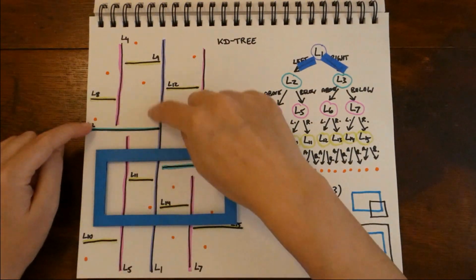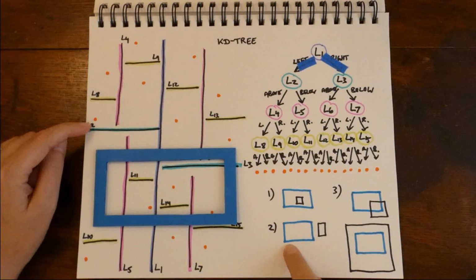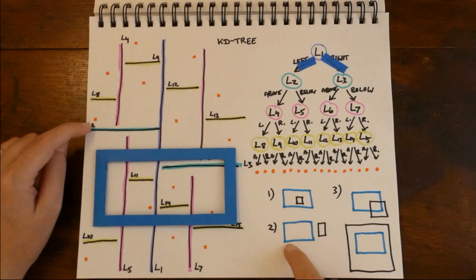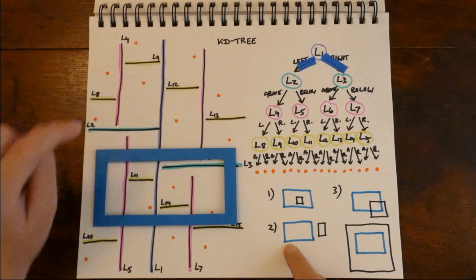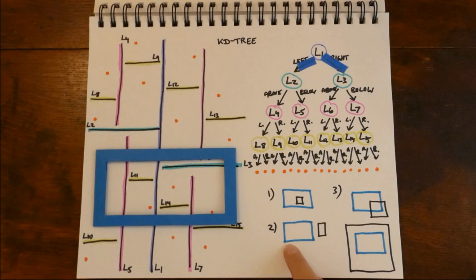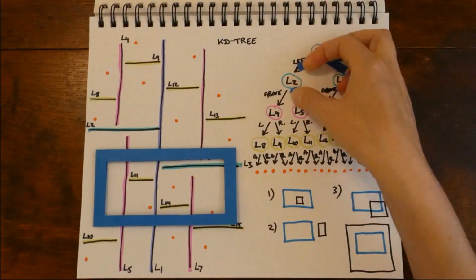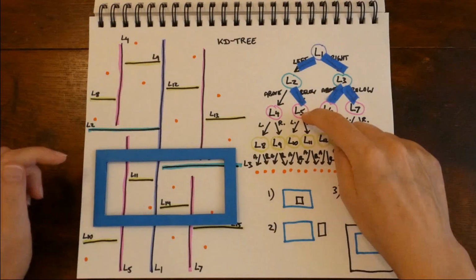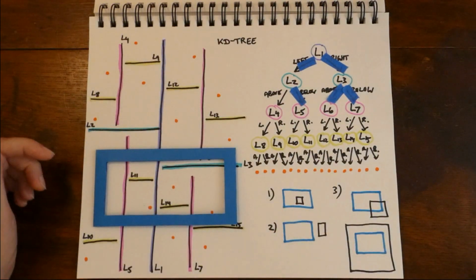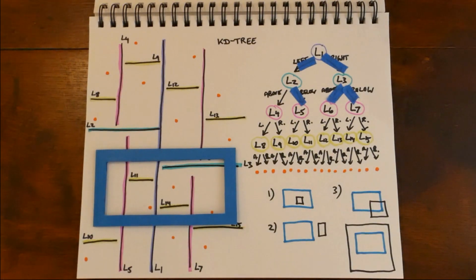Well, it turns out the region above L2 is completely outside of our query rectangle, so that is case number 2. So we know that all the sites in here, none of them are contained in our query, and we can safely discard that region. But all the other 3 regions, we have to continue our search in. This region over here intersects our query rectangle, so that's case 3. So we have to go into both